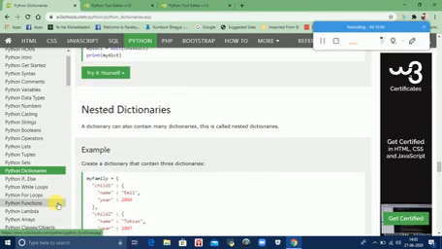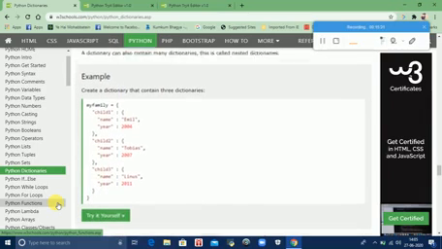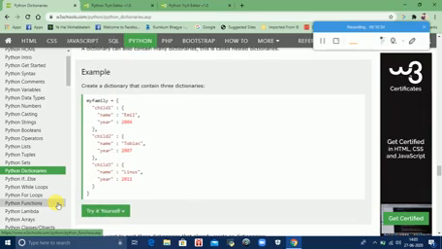Nested dictionary. Nested means a dictionary containing another dictionary is known as a nested dictionary. जब एक चीज़ कोई वैसी ही चीज़ दोबारा कंटेन करती है, लाइक जैसे नेस्टेड लूप, एक लूप के अंदर दूसरा लूप, नेस्टेड इफ़, एक इफ़ के अंदर दूसरा इफ़, नेस्टेड स्ट्रिंग, एक स्ट्रिंग के अंदर दूसरी स्ट्रिंग, नेस्टेड लिस्ट, एक लिस्ट के अंदर दूसरी लिस्ट. सिमिलरली नेस्टेड डिक्शनरीज, एक डिक्शनरी के अंदर दूसरी डिक्शनरी. So here is an example; you have to note all these examples as well as headings. You have to make proper notes in your notebook.